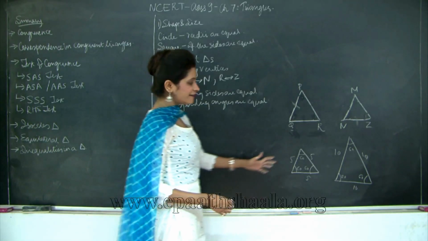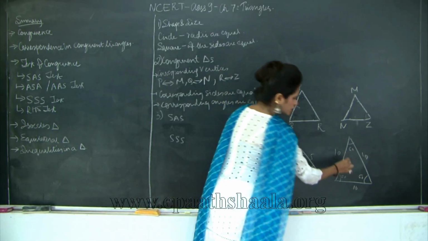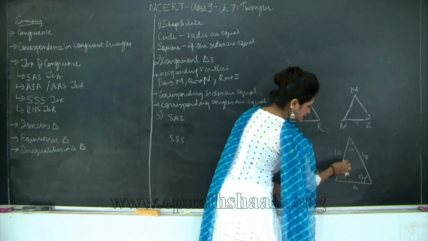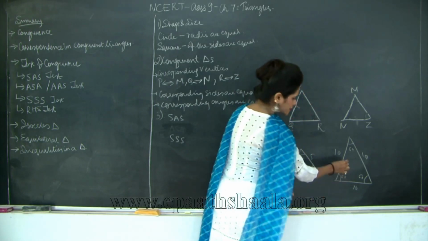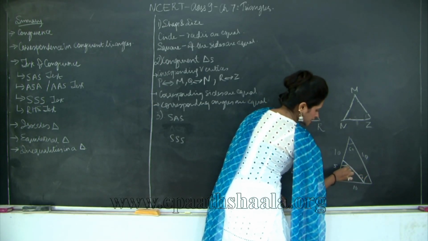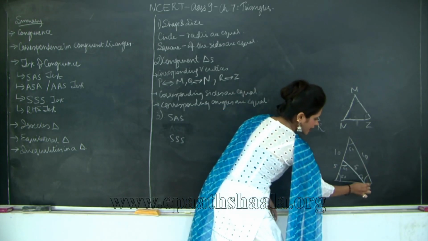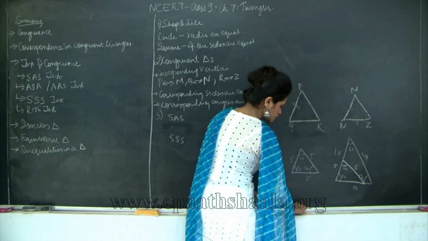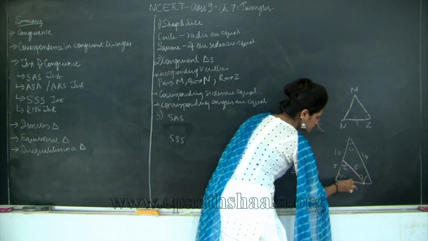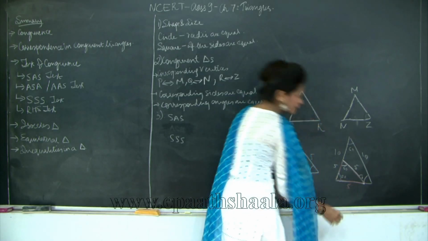However, if I give one side of one triangle equal to the corresponding side of the other triangle, let's say even if this is 5 centimeters and I draw an angle of 60 degrees here, you will notice that this is 60, this is 60, this will become 5 and this length here. So, let me just mark my triangle in red color. Even this side will become 5 units.